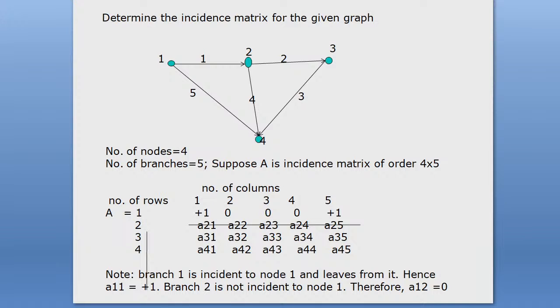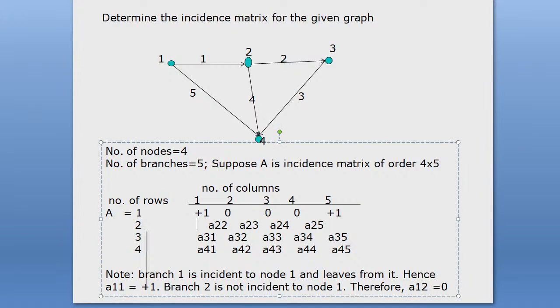Okay, now you see a21: branch 1 is connected to node 2 and it enters node 2, so a21 will be minus 1. Everyone say the branch 1, this is branch, you just write here inside bracket for better understanding, branches,